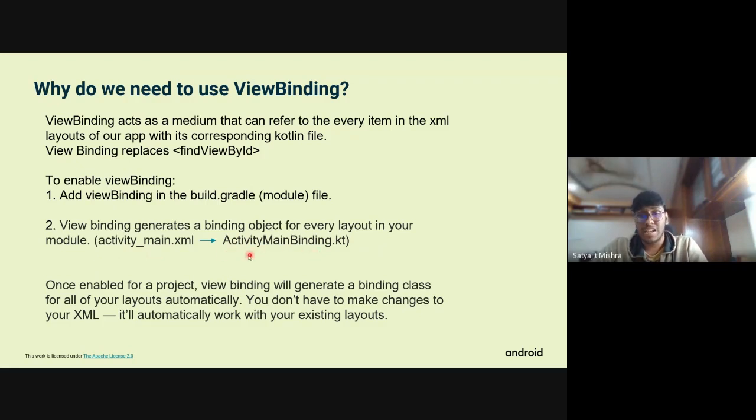It will create another class called ActivityMainBinding, and this ActivityMainBinding will always have the IDs of all the elements in that particular XML file, and we can directly access them using the IDs that we have assigned to them. So we don't have to manually assign an ID for each and every element. View binding will do it for us automatically,